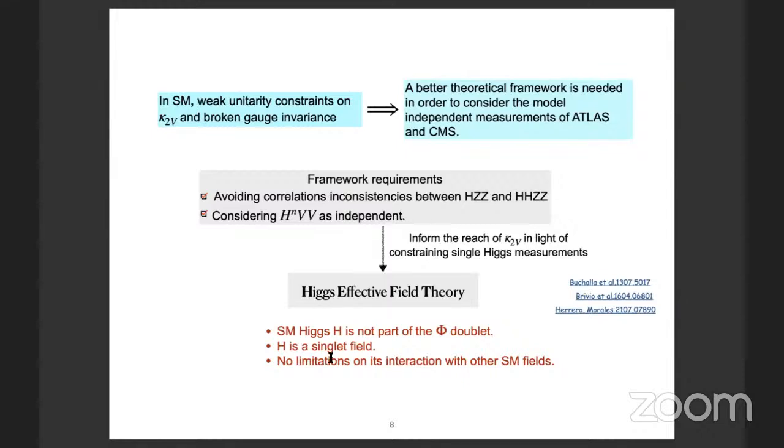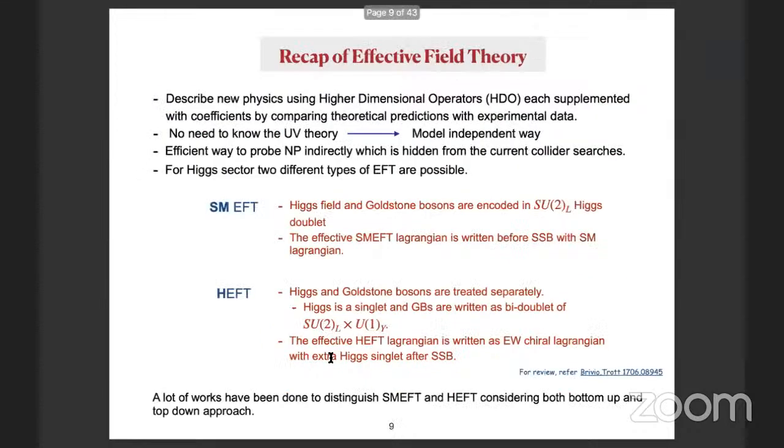The one framework that lets us get away with these problems is Higgs effective field theory, where the standard model Higgs is not part of the phi doublet. It's a singlet field, and because it is a singlet, there is no limit on its interactions with other standard model fields. Before starting with Higgs effective field theory, I will give you a very brief recap of